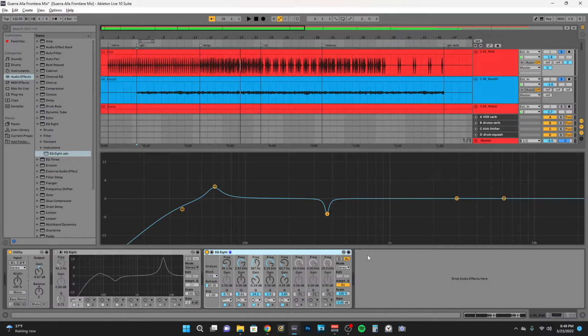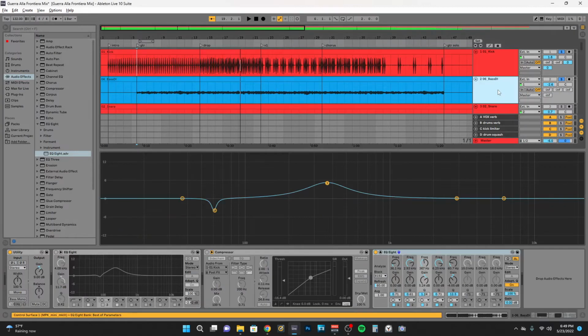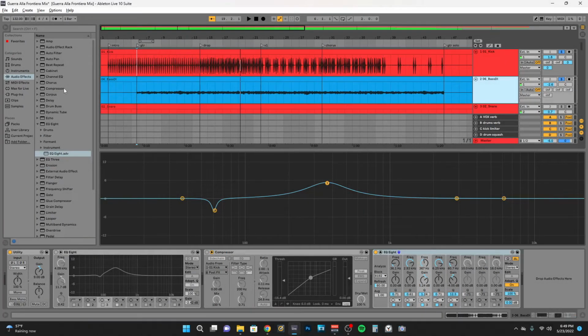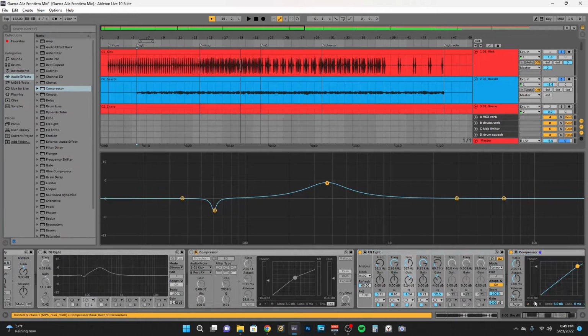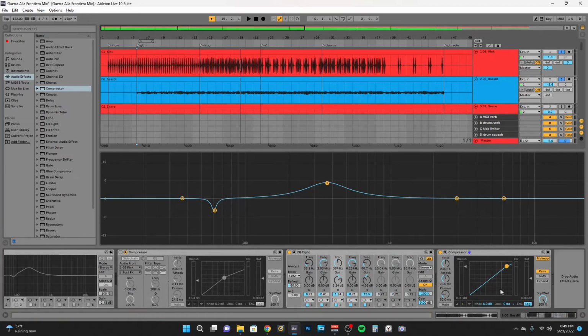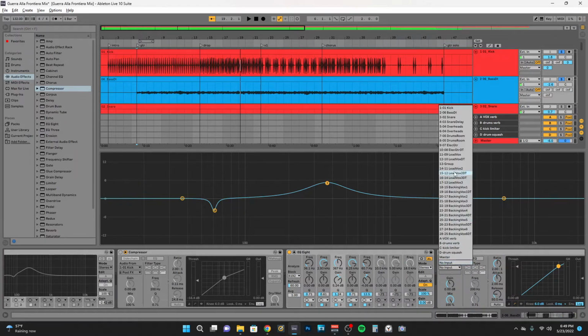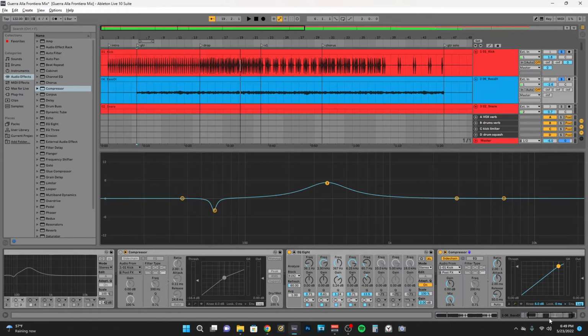The second tip I have for you, you might not even need it sometimes, but if you ever did want just a little bit more separation between your kick and your bass, another trick you can do, throw in a compressor on the bass track, and we're going to set it to sidechain mode. And in audio from, we're going to select our kick drum channel. So if you don't know what this means,